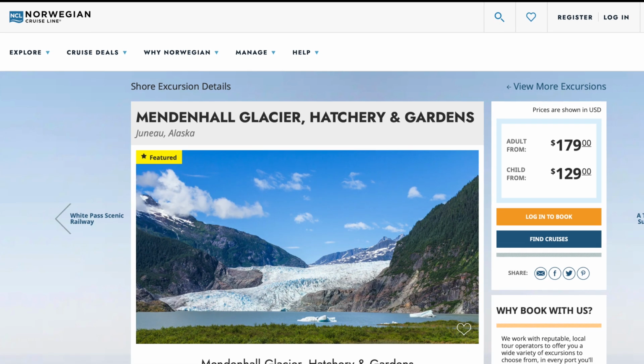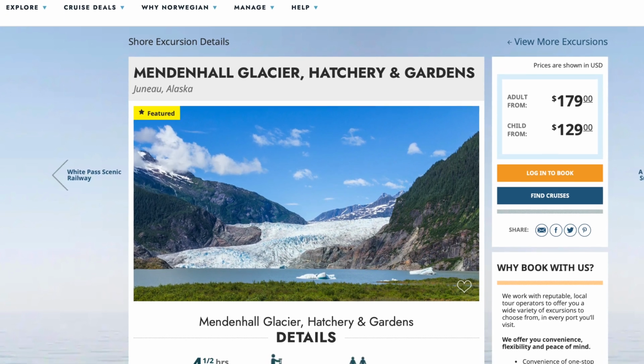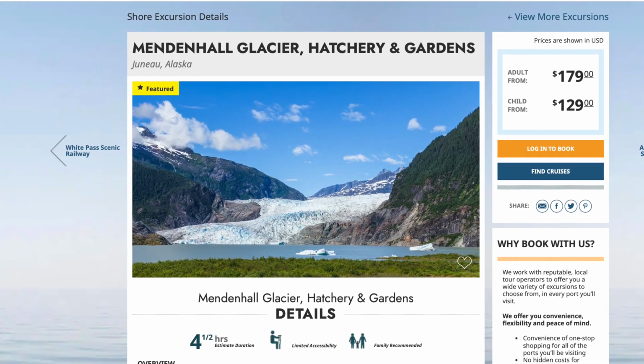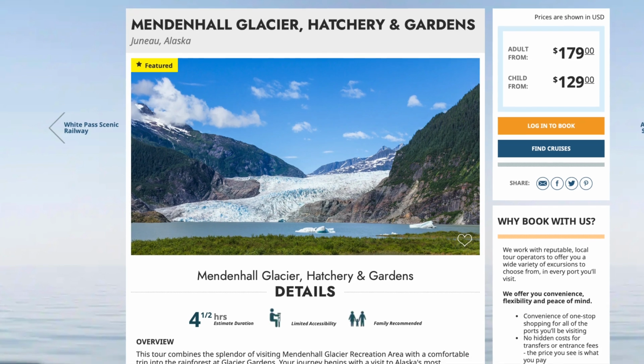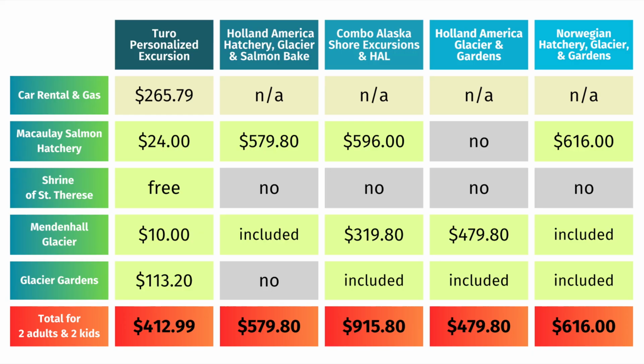Norwegian Cruise Lines is the only line that currently offers an excursion to the hatchery, glacier, and gardens, which costs $179 per adult and $129 per child. So a total of $616. But that's still $203 more than what a family of 4 would pay to go to all 4 places using